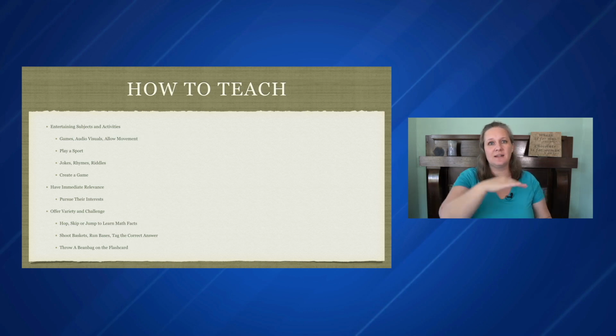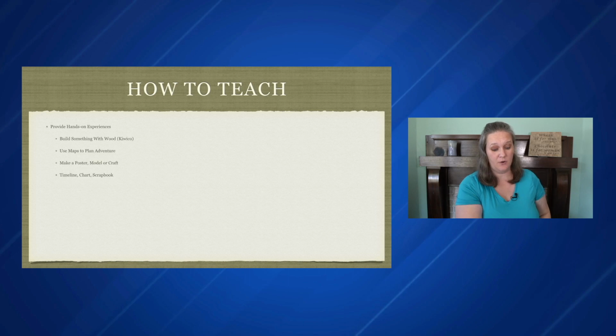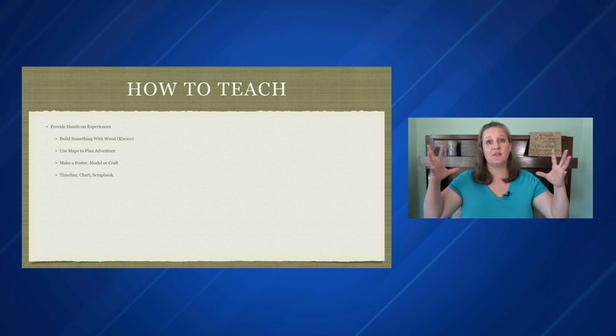That game already exists. You just adapt it to meet whatever it is that you're working on in the moment, and that takes some of the pressure off of being entertaining, but it still uses things that are exciting and have a lot of variety for kids, and also a lot of motion for them because they like to move their bodies.